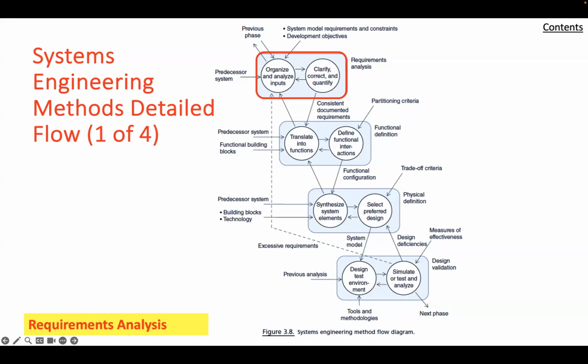Thus, in a system development project, it is the responsibility of system engineering to thoroughly analyze all requirements and specifications, first in order to understand the basic needs that the system is intended to satisfy, and then to identify and correct any ambiguities or inconsistencies in the definition of the capabilities for the system or system elements being addressed. The specific activities of the requirements analysis vary as a system development progresses, as the inputs from the previous